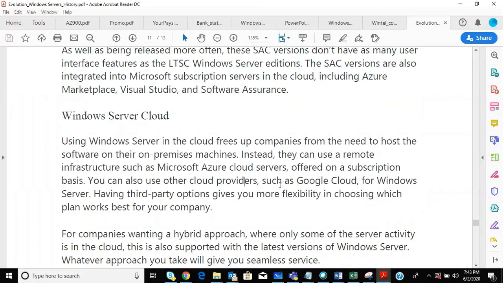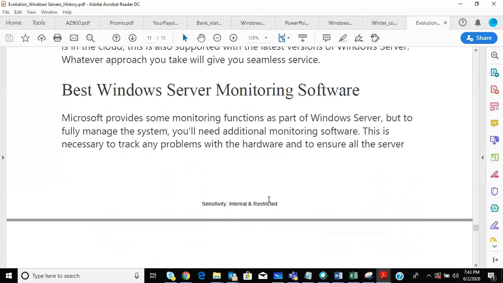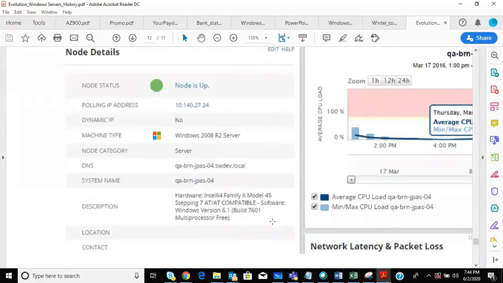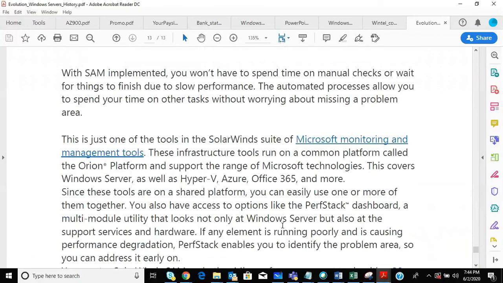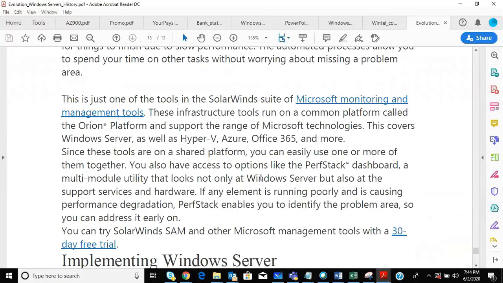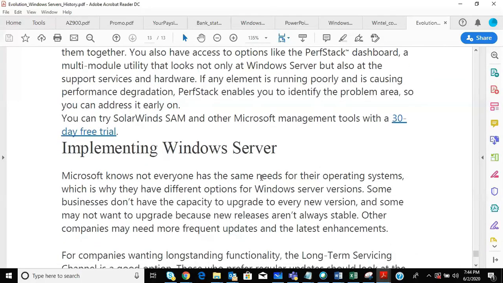Like Windows 2019, even 2016 is also supported in the cloud, and legacy versions as well like 2012, all those sort of things, and the monitoring part. Microsoft is also providing monitoring. You must have heard about SCOM, right? Gurmeet, you heard about SCOM.